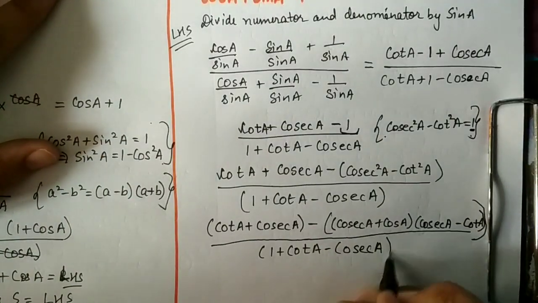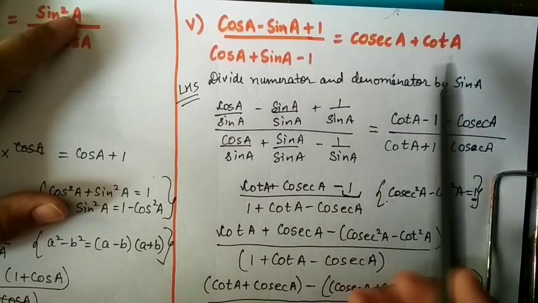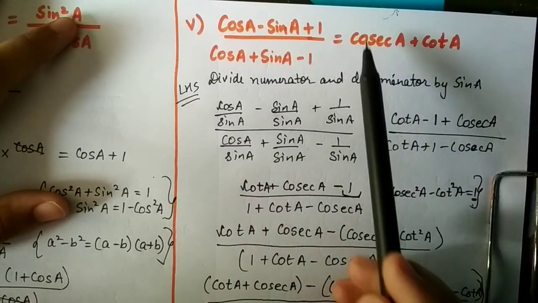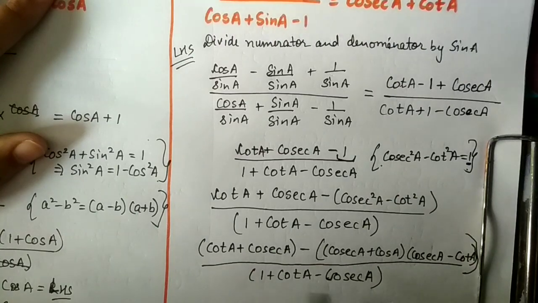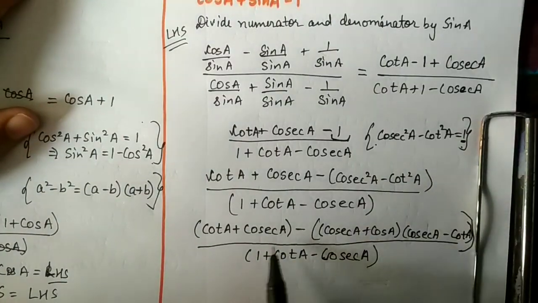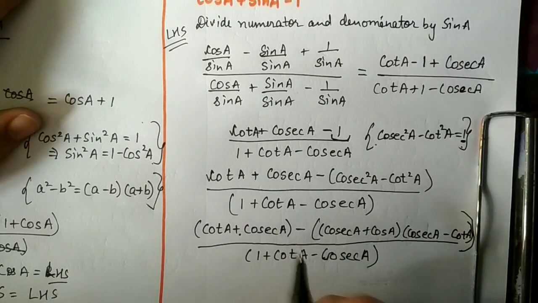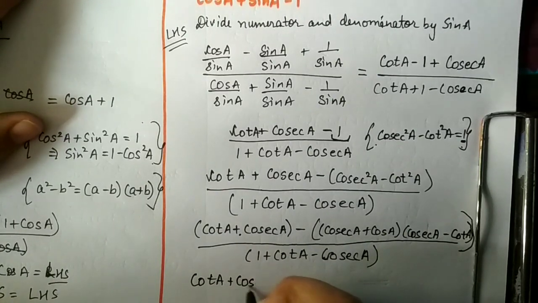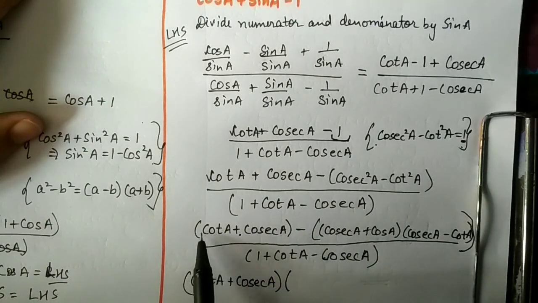Now we are trying to cancel the terms because on the right hand side we don't have any term in the denominator, we just have a single numerator term. So we are trying to remove the denominator. So what you can do from here, from the numerator you can take cot A plus cosecant A common from these two terms. Okay, so take cot A plus cosecant A common, and in the bracket you have, instead of this term,